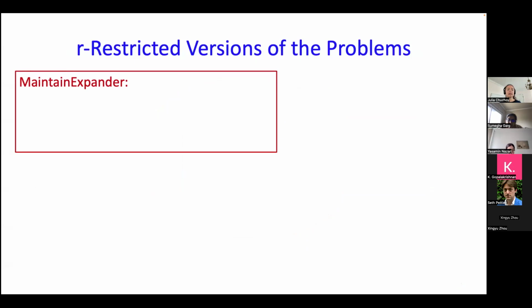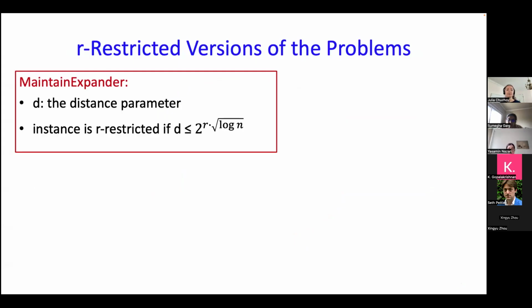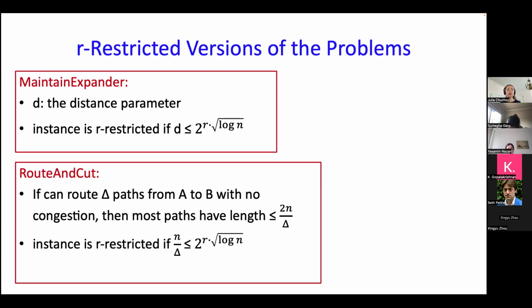If we look at the maintain expander problem, it already comes with this distance parameter d, which is the desired bound on the diameter of the expander. And we say that these instances are restricted if this d is bounded by 2 to the r squared log n. If we look at the route and cut problem, if we manage to route delta paths from A to